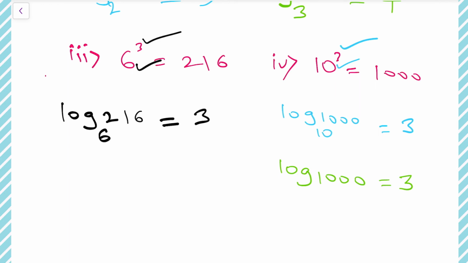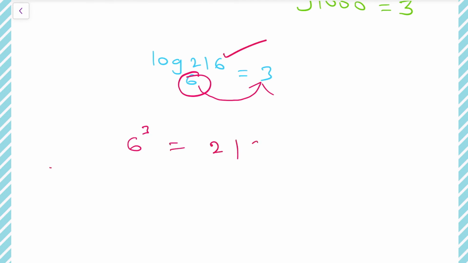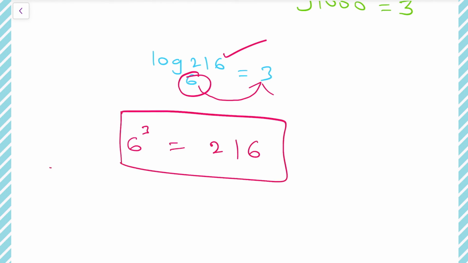Okay, now let us check the same questions in reverse then. For example, log 216 base 6 is equal to 3. Now this is in logarithmic form. We need to convert this back to exponent. Okay, first what we need to do is, here 6 is base, right? That base as it is, you take base for 3. It will become 6 power 3. 6 is base, 3 is power, which is equal to, now the remaining number 216 will become the answer. 6 cube equals 216. So in this way, we can convert from exponential to logarithmic and logarithmic form to exponential form.